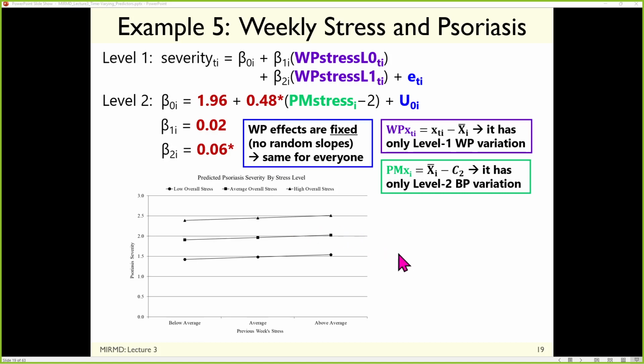So these lines are parallel. Coincidence or consequence? Since you only have 3 data points, right? I have 7 data points, but I'm showing you only sort of within-person low, medium, high, as just a graphical tool.